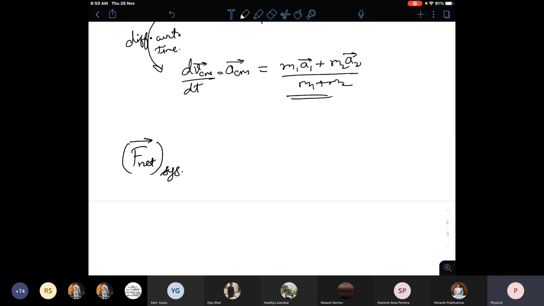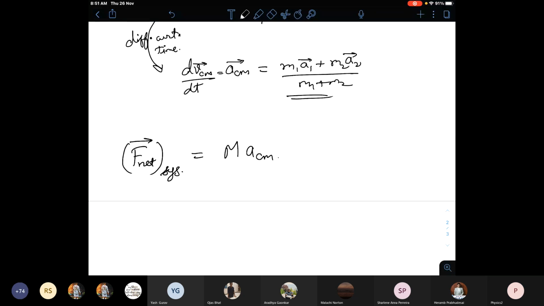Instead of adding all of these vectors individually, I will simply calculate the center of mass acceleration. I will remove all the particles, take my center of mass, concentrate all the masses at that point and write that acceleration of center of mass above it. Then the force about that center of mass can be written as